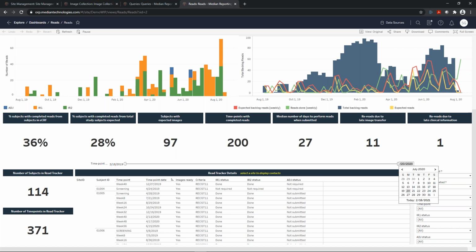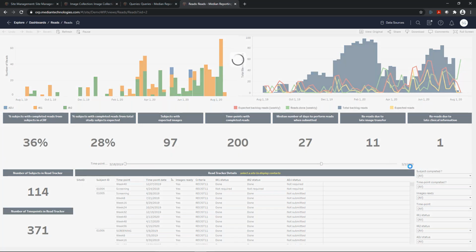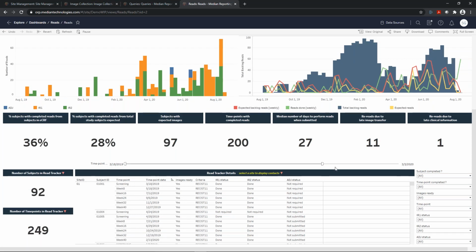Let's assume that on this trial, the cutoff date for the acquisition was the 3rd of March. You will select this cutoff date, and automatically the tracker will be adapted to this cutoff date,